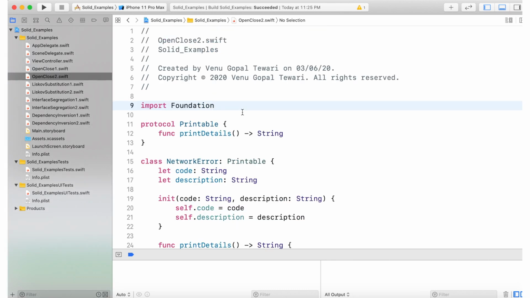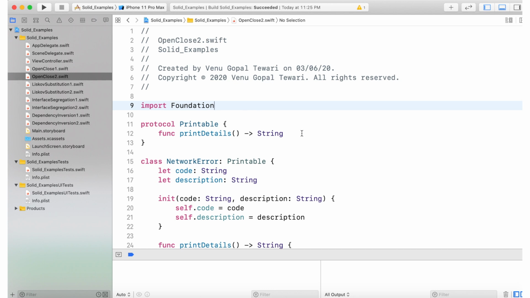The basic idea behind protecting our classes against frequent modification is: the fewer the modifications, the fewer the bugs produced. So we have observed a situation in the previous example where we are violating the open close design principle, and now as a solution we can see the second example.